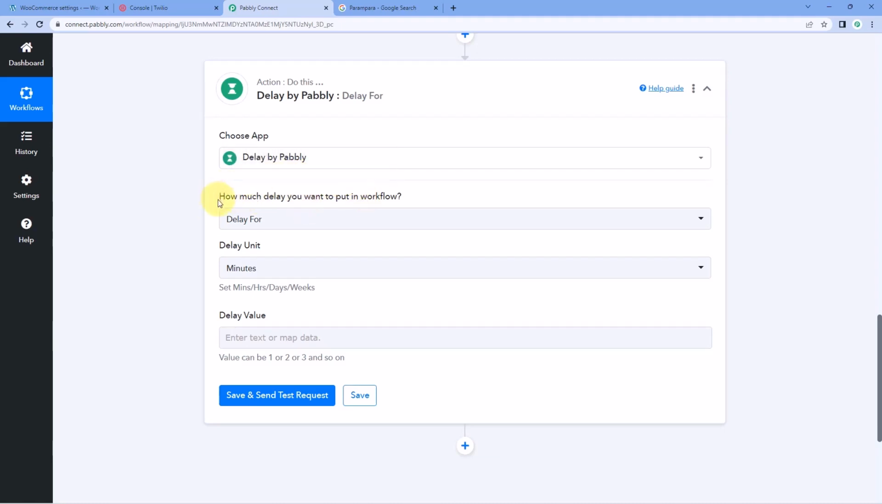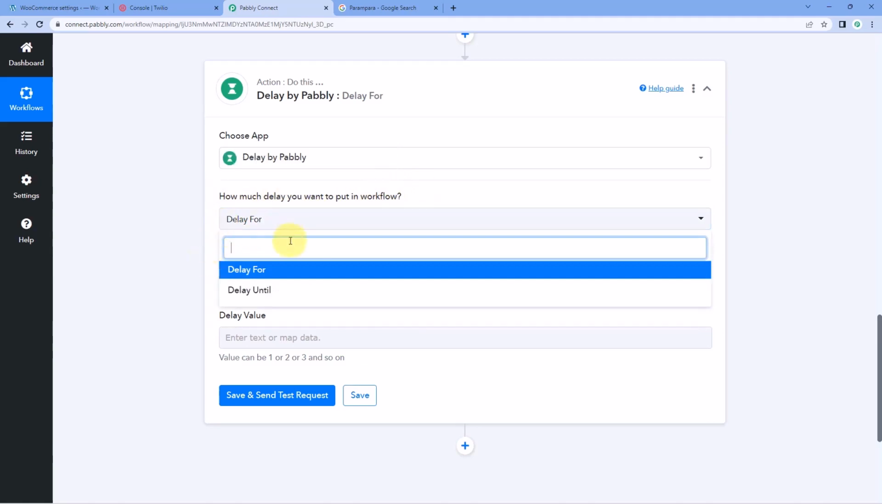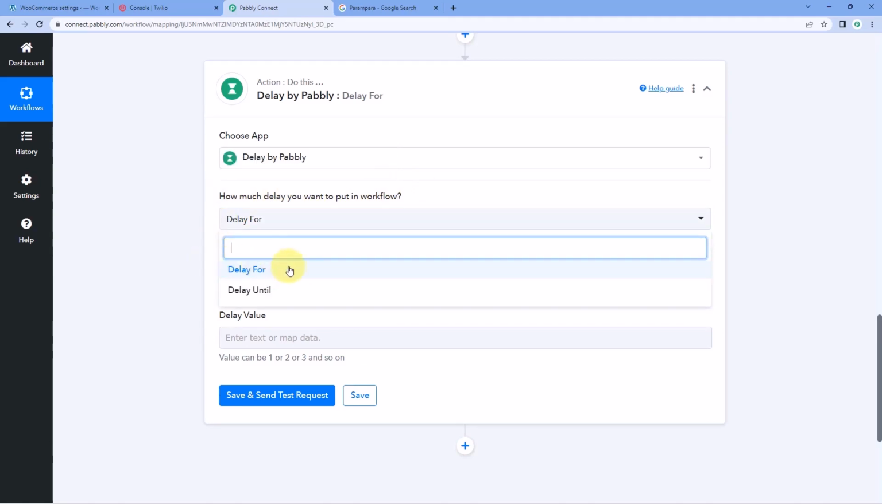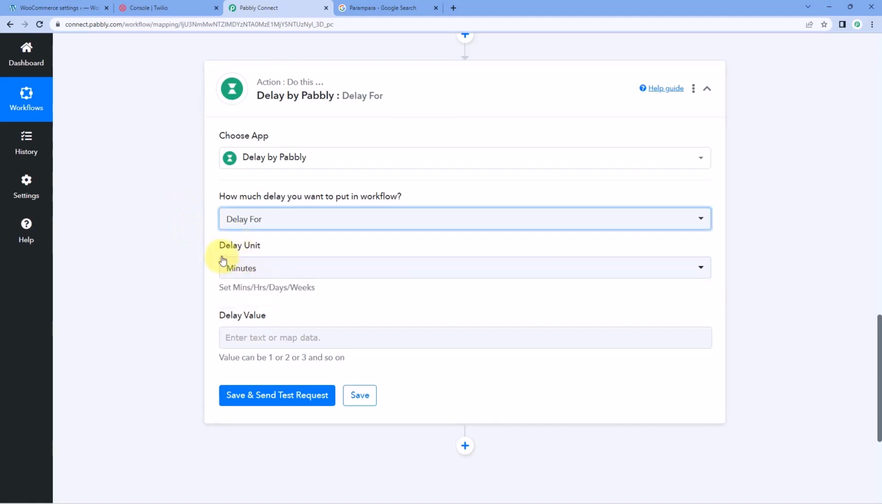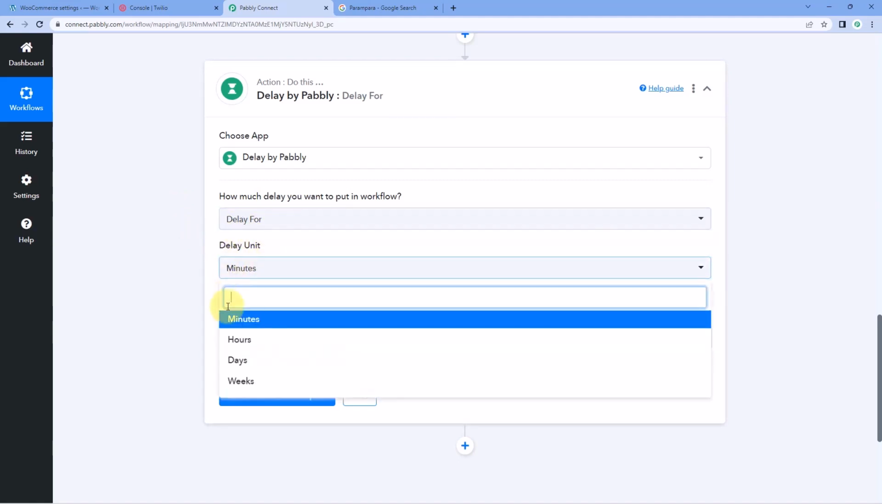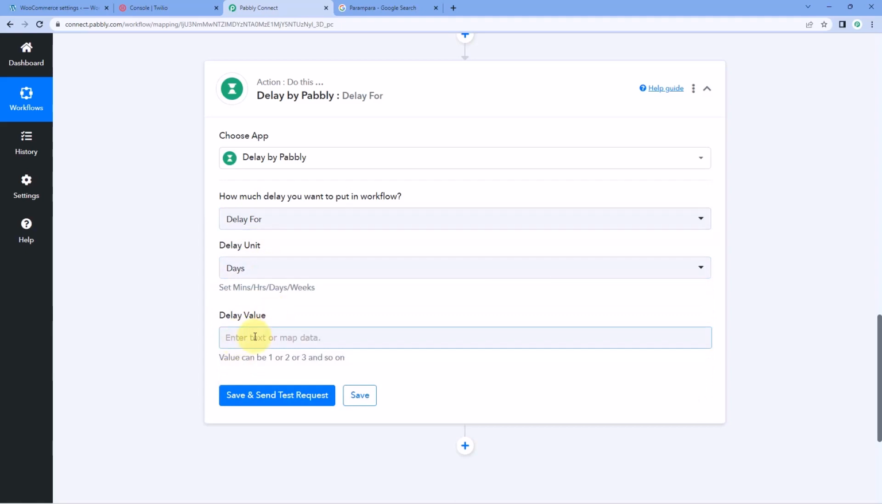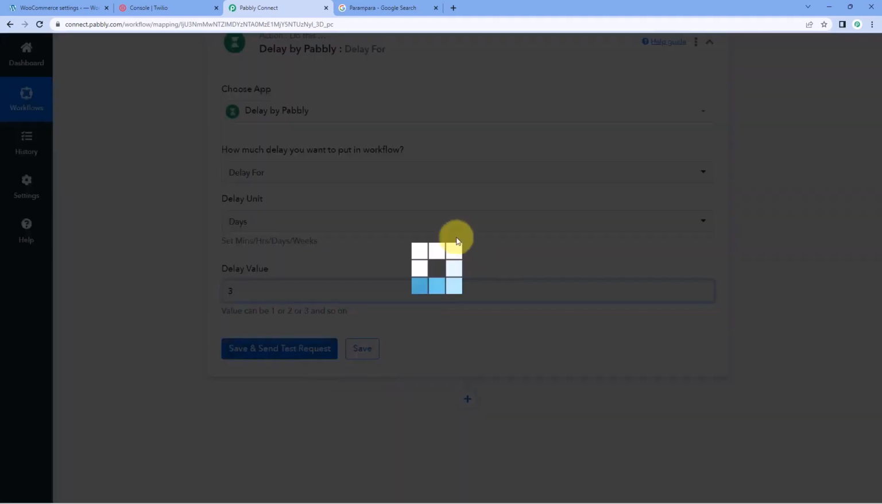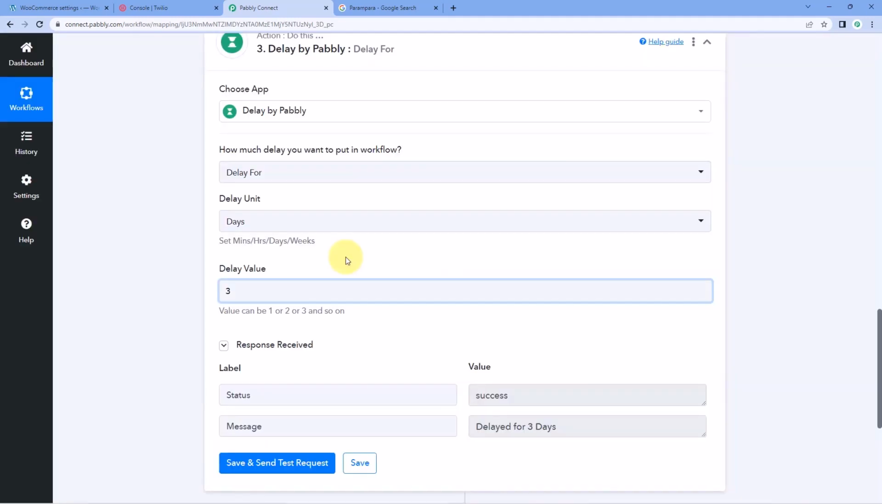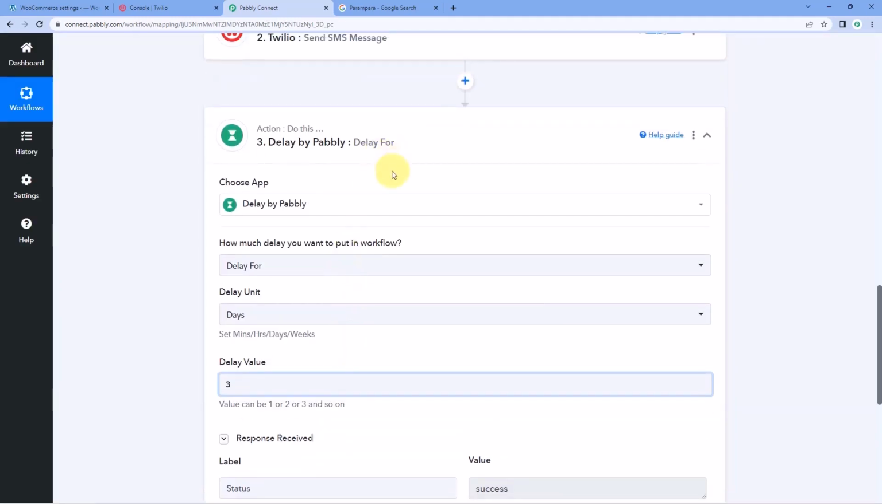So the first thing it asks us is how much delay you want to put in workflow. And in the drop down, we have 2 different options. First one is delay for, and second one is delay until. So we want to delay this automation workflow for 3 days. So that is why we are going to select delay for. The delay units will be days because we want to delay the workflow for 3 days, and the value will be 3 of course. And then just click on Save and Send Test Request. After clicking on Save and Send Test Request, here you can see that we have added the delay of 3